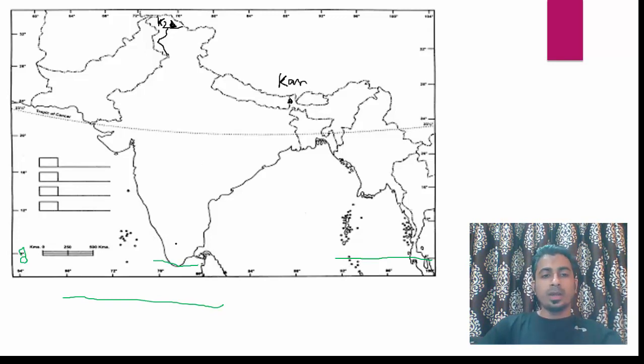Okay, now Anaimudi is a peak in Kerala. It is part of the Western Ghats. Okay, so for Anaimudi you will have to see this protruding part of the Indian peninsula. So Anaimudi is almost in a straight line with this place. So see, these are the things you have to remember. These are the tricks to remember where which place is situated. Okay, so you have to make these like your landmarks.